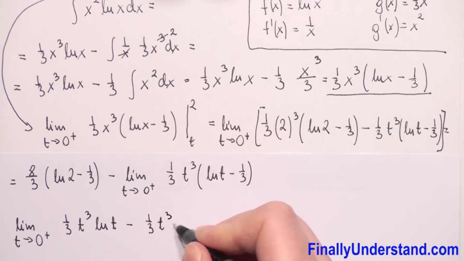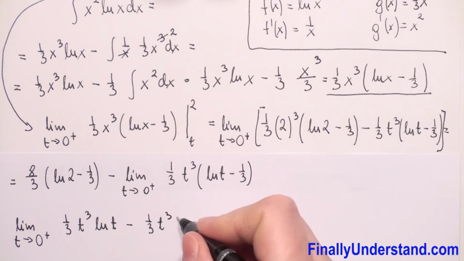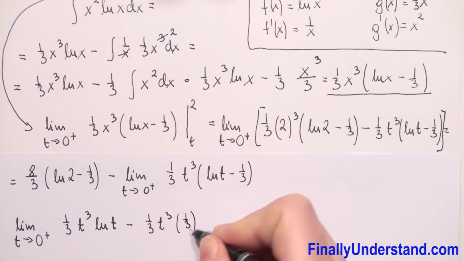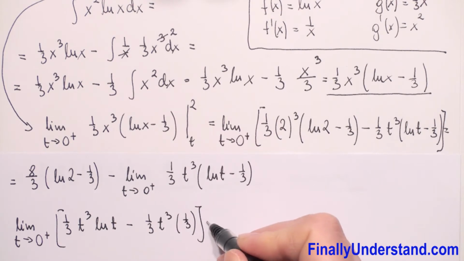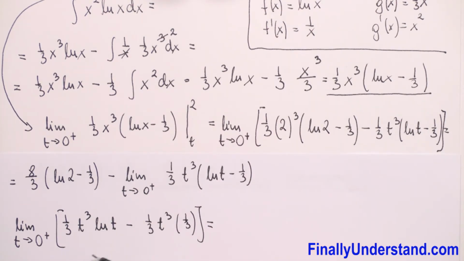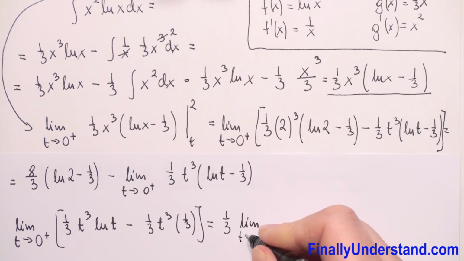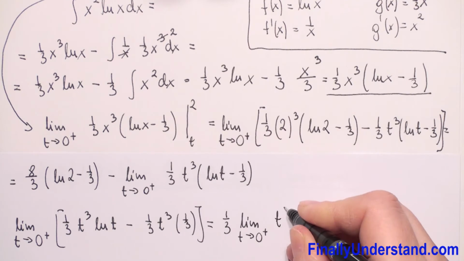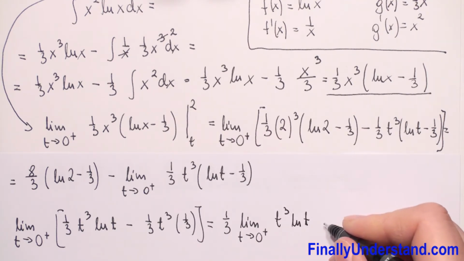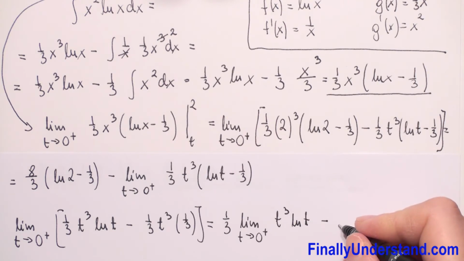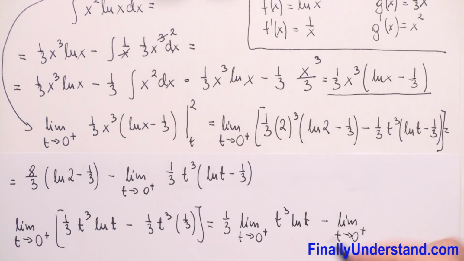1/3 t cube times 1/3. So let me put this in parentheses. So this is equal. We can rewrite this to two limits, and I can put constant before limit. So we have 1/3, and we have limit t goes to 0 from right. We have t cube, natural logarithm of t minus, and we have limit t goes to 0 from right. 1/3 times 1/3 is 1/9 t cube. So this is equal